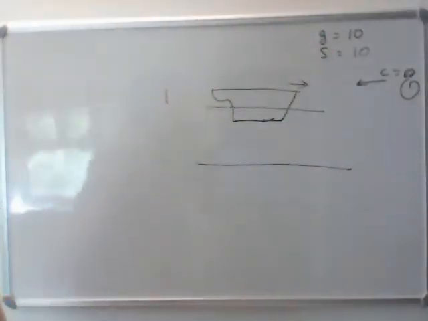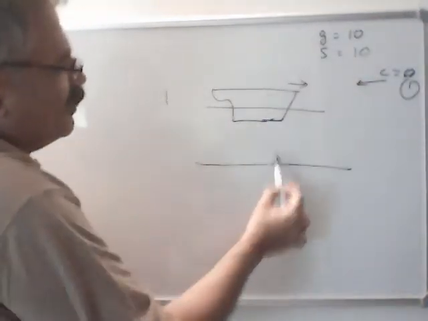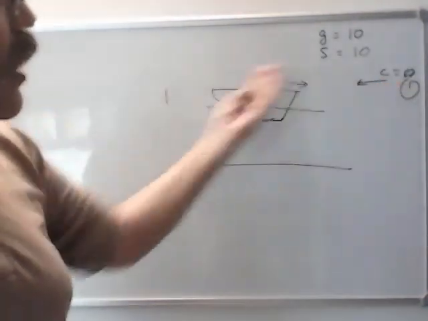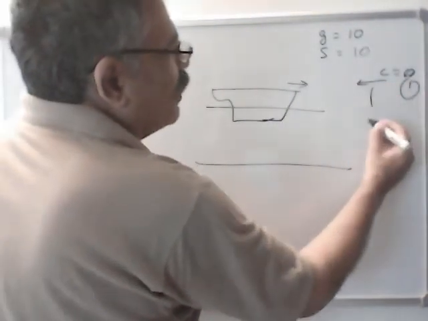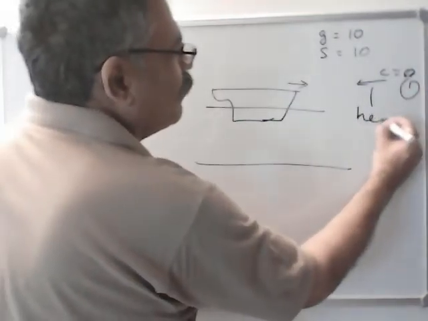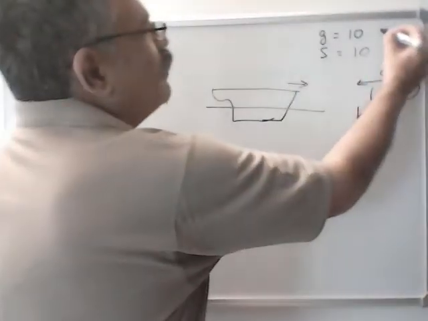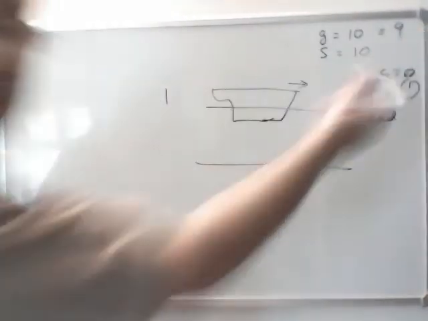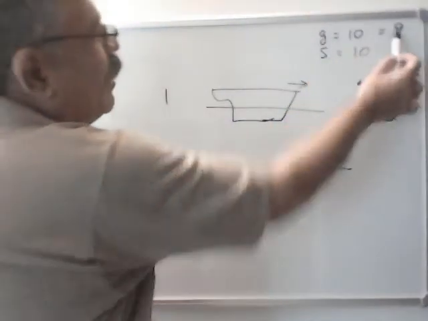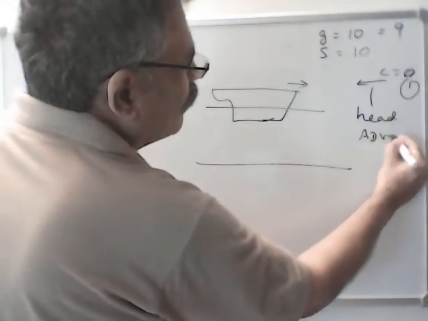Now what will the GPS show? Initially there was no current. GPS, the speed of ship with respect to the ground, was 10 knots. So now you get a current in this direction which is known as opposing current or unfavorable current or head current. So your GPS speed will drop down. It will start showing 9 because you have a resistance from forward. Now GPS will show 9. You have a current of 1 knot, adverse current. We also call it adverse current.